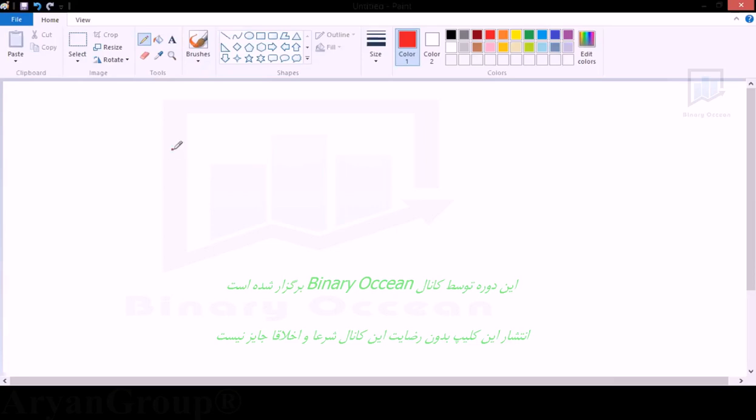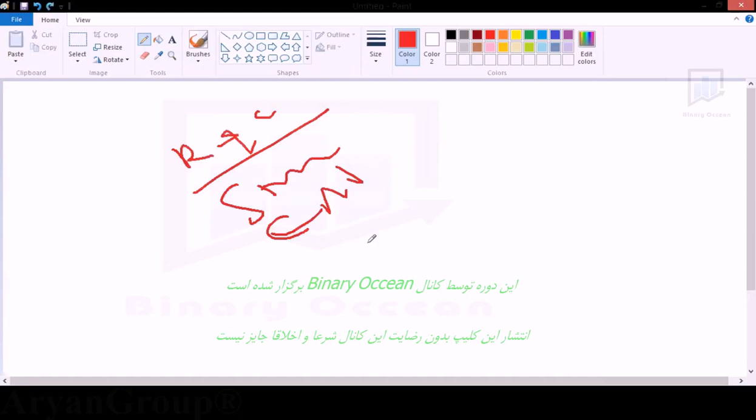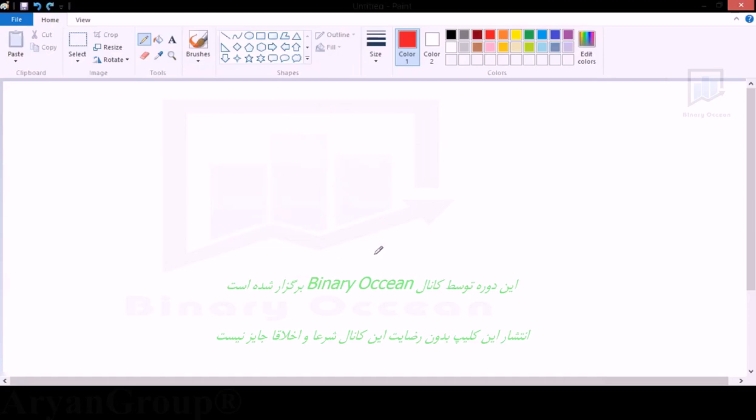You can apply all these strategies on Forex. The reversal and continuation signs you can also apply on Forex, and the strong buyers and sellers area also, and the entry points also you can apply in Forex. I will show you now how to use these points while trading on Forex.